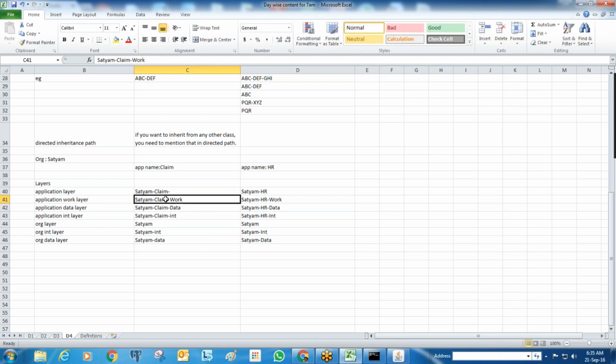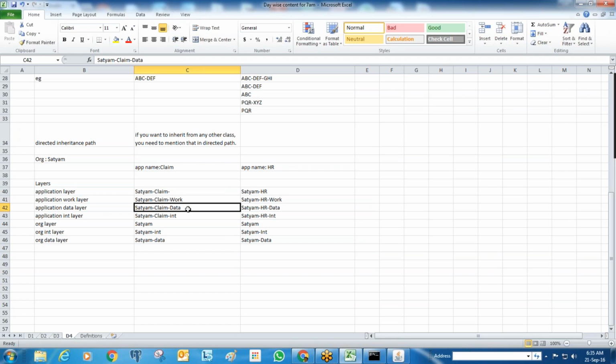The work layer points to the work class, which will be created under the application. Whatever rules you have created in the application can be used by the work layer, because the application class is one of the parent classes. So you need to use the work layer to create the rules which are useful. Let's say you are creating one application, and in that application you want to do some processing.